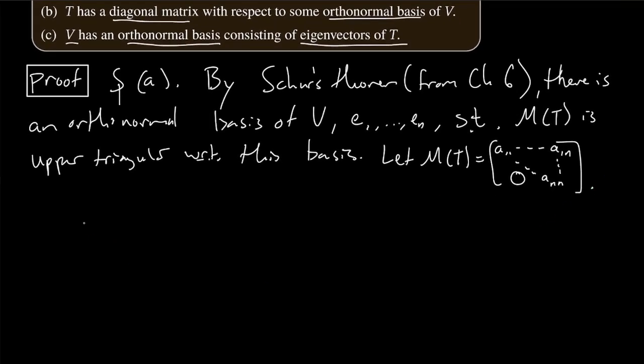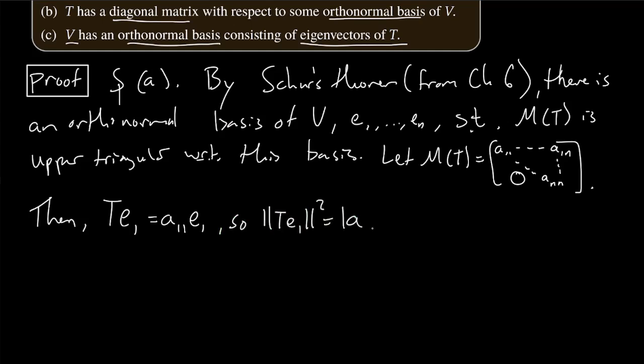Cool. Then, notice the following. What do the columns of a matrix tell you? Well, the columns of a matrix tell you how to write the image of the corresponding basis vector as a linear combination of the other basis vectors. So this says that Te1 is equal to a11 e1, and then the rest of it's all zeros. So the norm of Te1 squared is equal to the modulus of a11 squared, and